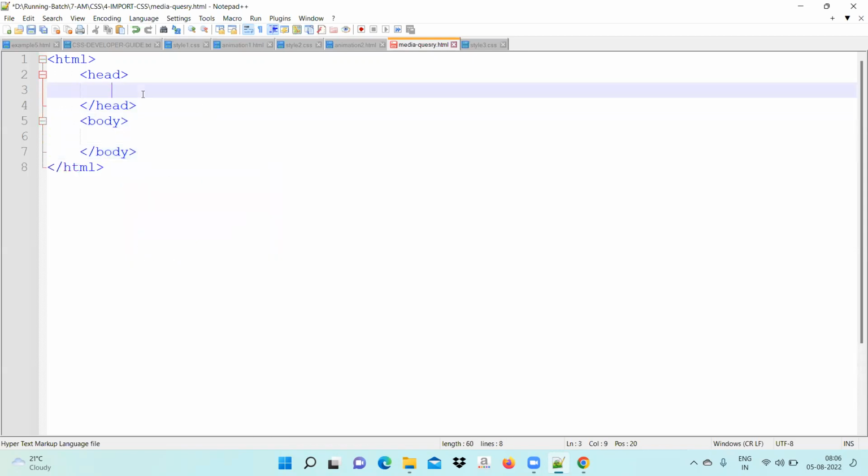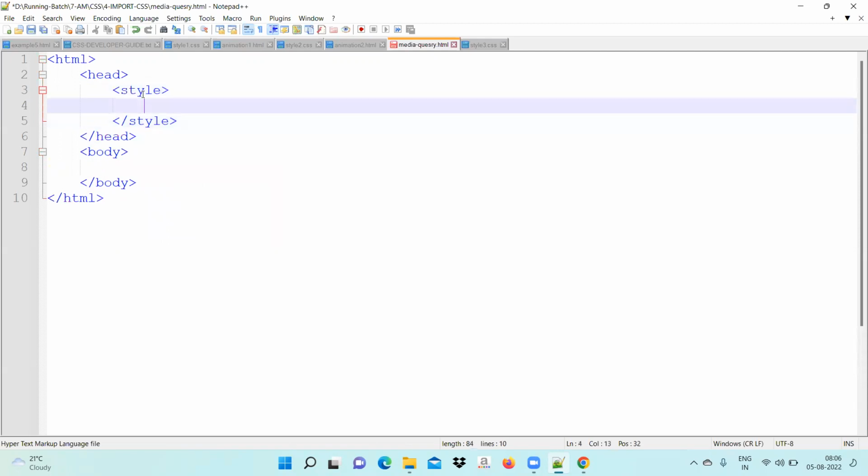Now under the head section, you will open the style tag and you will write @import